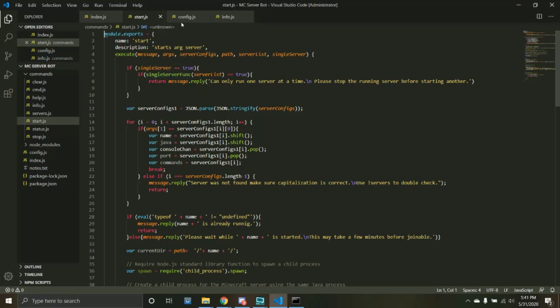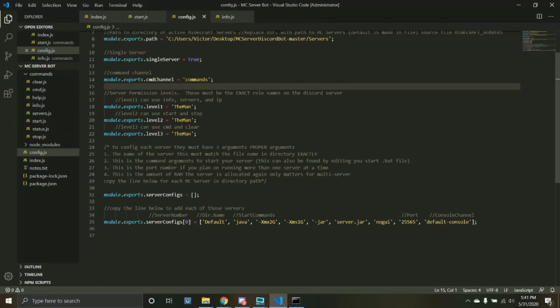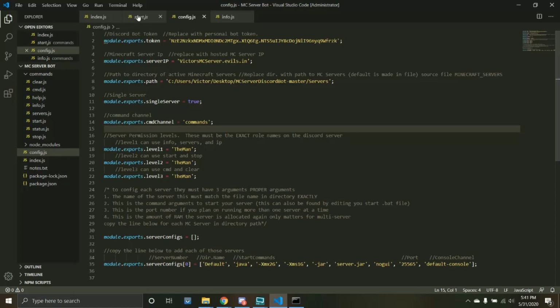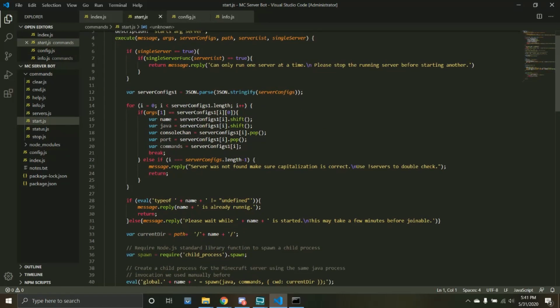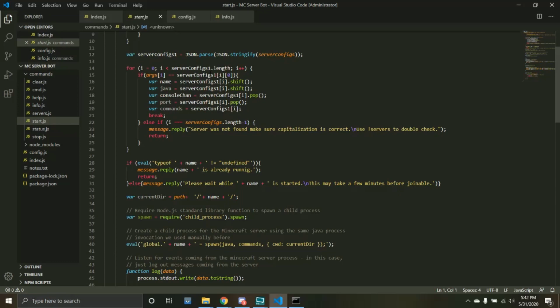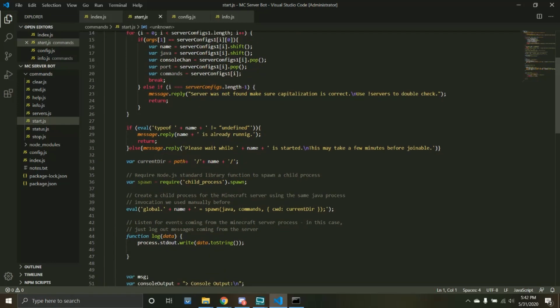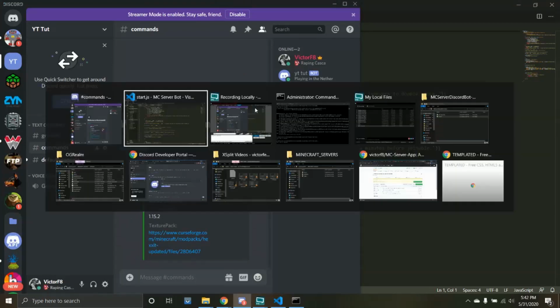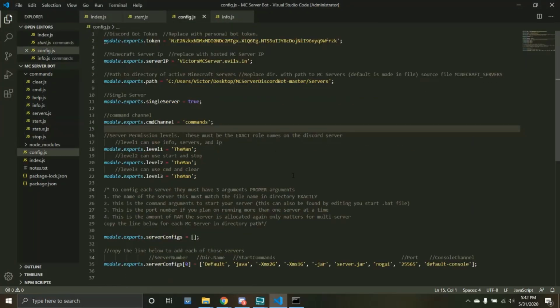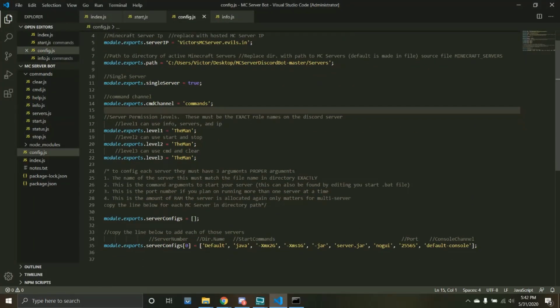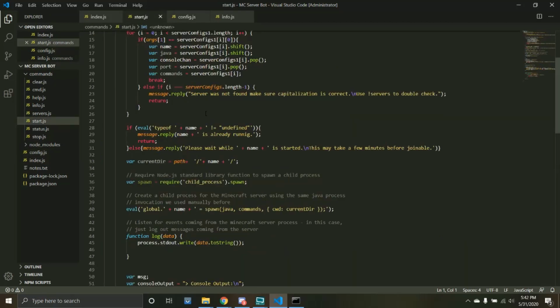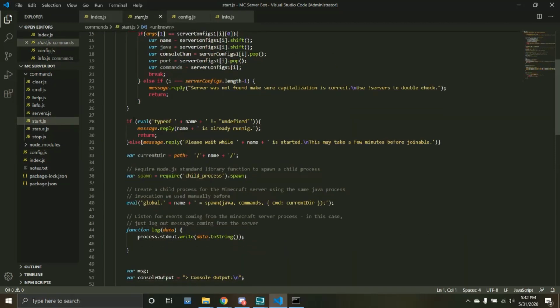It also checks your single server configuration, to make sure not two servers are running. So after that, it simply chops it up a bit, takes off the name as well, so that the only thing left of this list that came in the config file is the command. Default has been stripped off and made into name, as well as the last two arguments being stripped off and made into their designated variables. It then checks